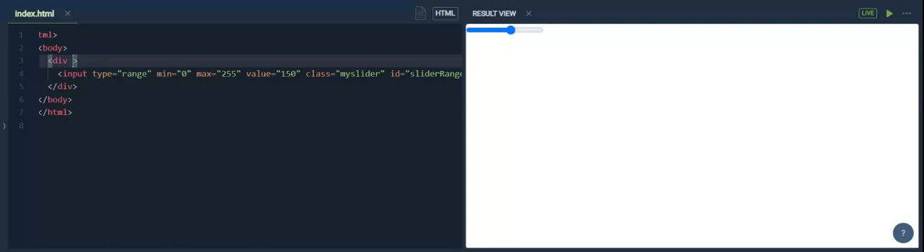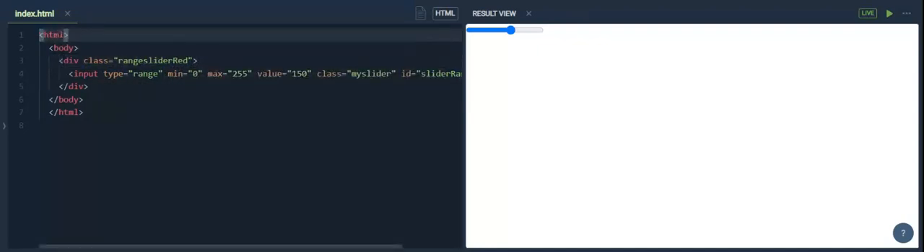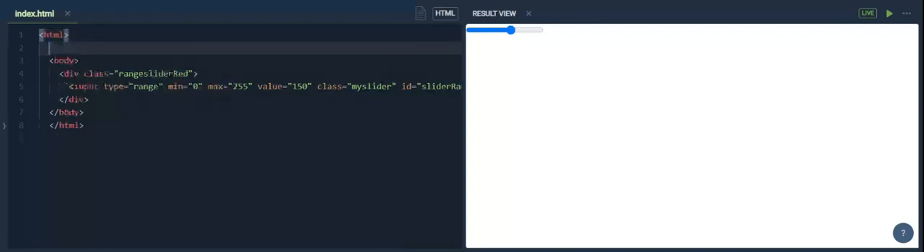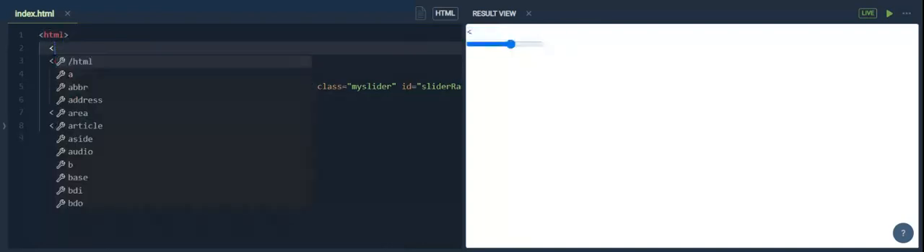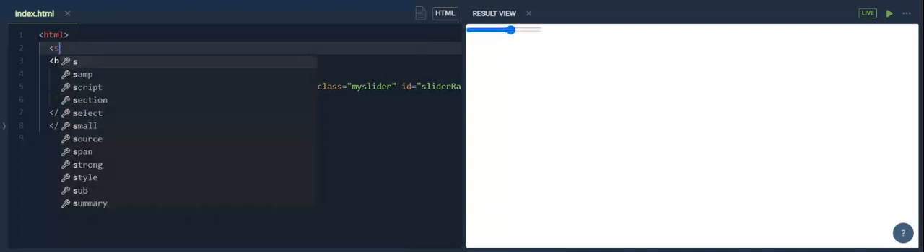Then add a class to this div also. These are not any built-in classes which I have added here. These are custom classes. So I am going to add the CSS also for these classes. So don't worry about that. For it, we'll add the